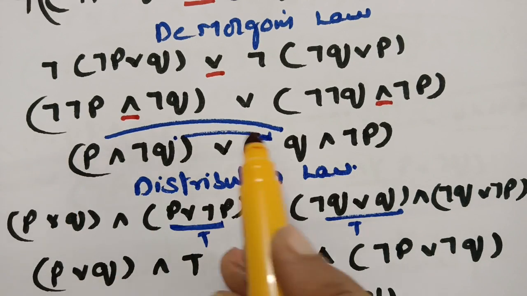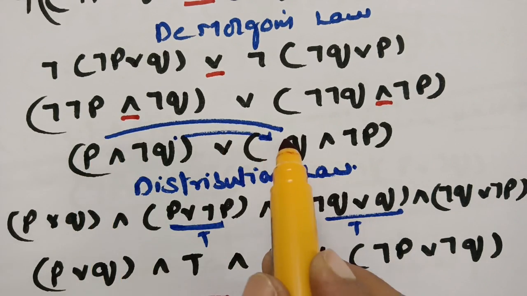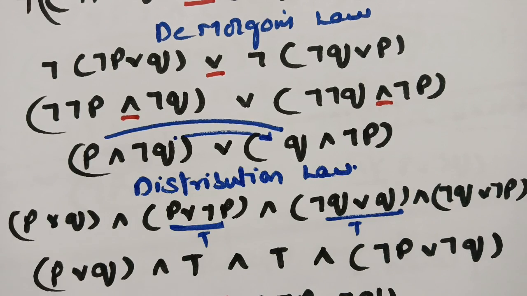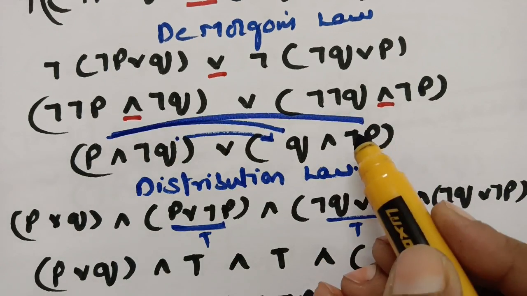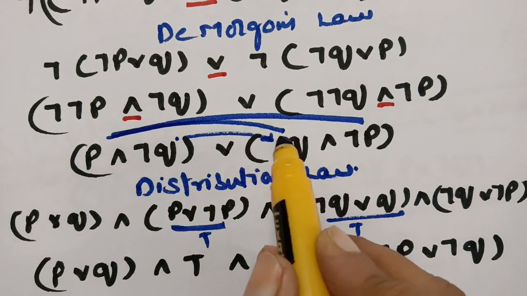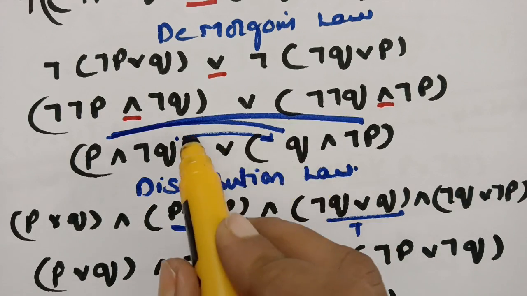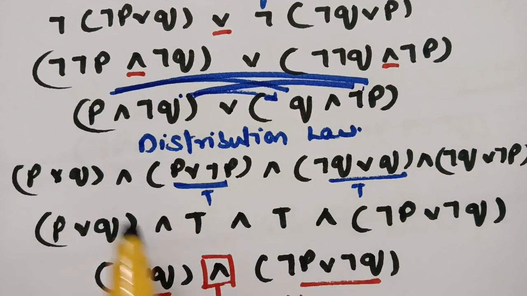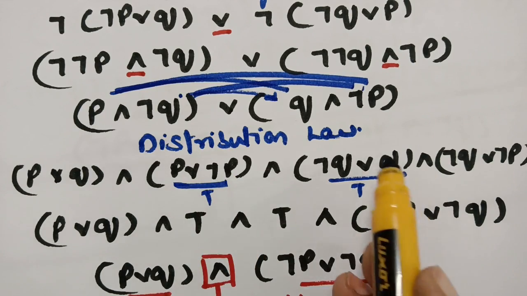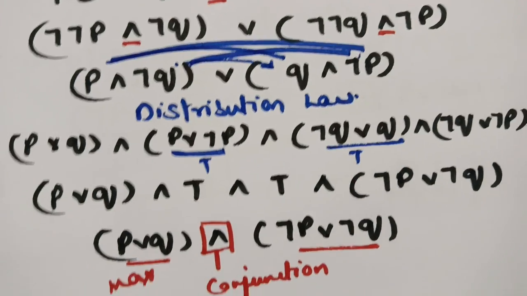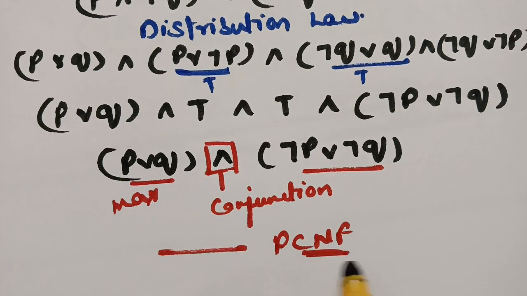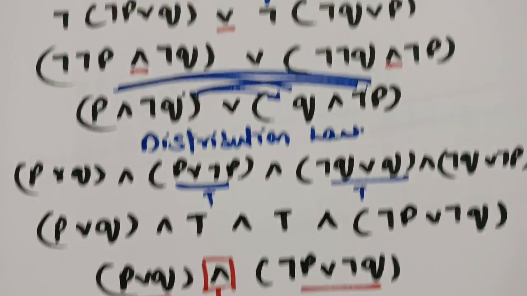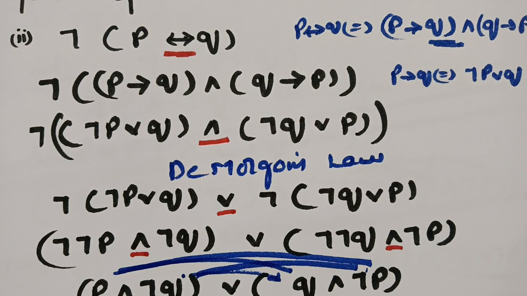And after using this distributive law, P is distributed to Q as well as to negation P, and negation Q is distributed to this term as well as that term. And after using the distribution law, this is nothing but the true statement, this is also a true statement, and therefore finally we got a conjunction and these two are the max terms. Therefore this is the product sum canonical form, and this is nothing but PCNF, that is principal conjunctive normal form. And the next question here is,